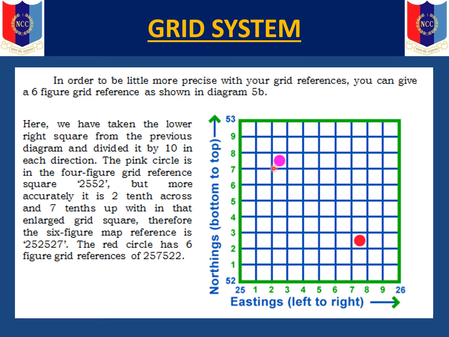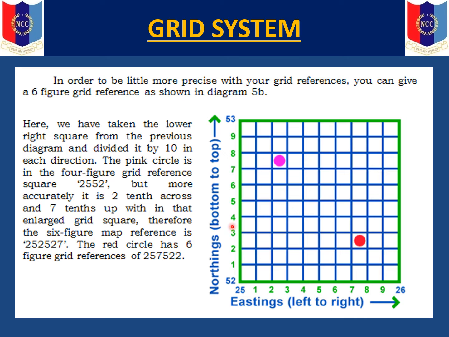It is between 7 and 8. Similarly, you have to divide this whole line into 10 equal divisions, and this landmark falls between 7 and 8 divisions. So you have to take the lower of these two lines. So it is 52, 7. So what is the grid reference of this landmark? It is 25, 2, 52, 7. Similarly, for this landmark also it is 25, 7 and 52, 2. So 2, 5, 7, 5, 2, 2 as is shown here.